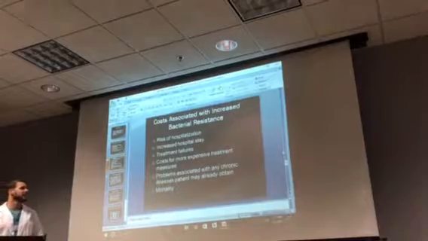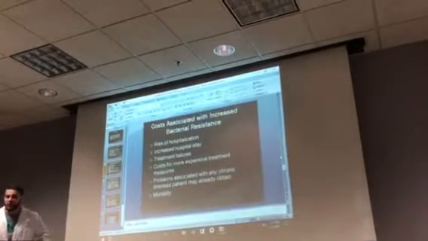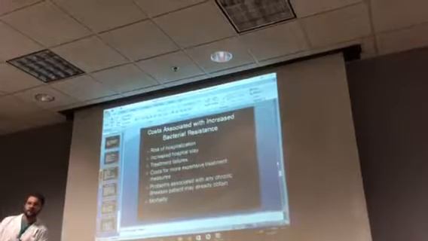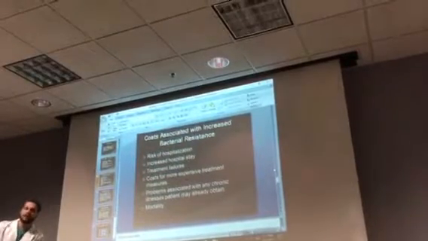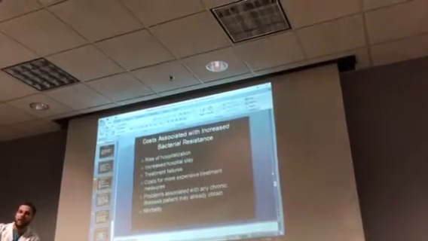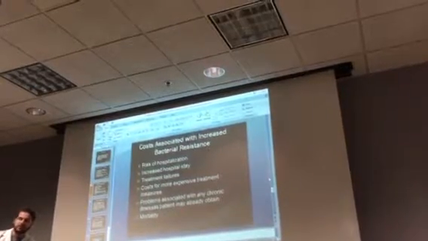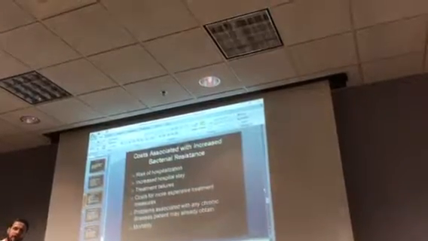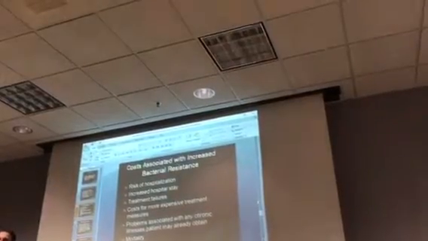Problems associated with chronic illnesses patients may already have. Especially here in Mississippi, our population has congestive heart failure. They have COPD exacerbation. They have chronic kidney disease. They have diabetes. With all this going on, the bacteria is going to shoot their sugar up. We're going to have to give them fluid with CHF. We're going to have to possibly give them an antibiotic that's nephrotoxic. So we could be causing